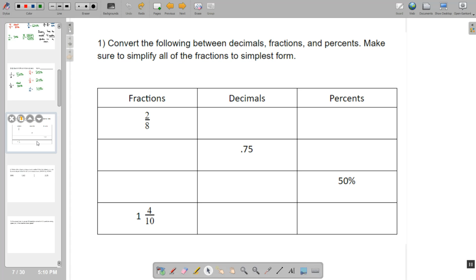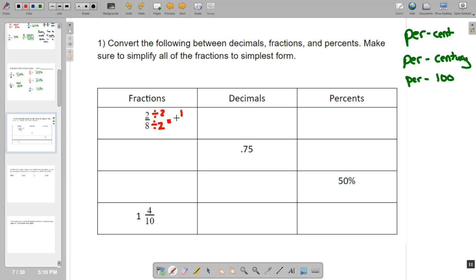Now, we either need to convert between a fraction down to one of the 5 that we have memorized, or we need to remember that percent means per 100. And so we need to turn it into tenths, hundredths, or thousandths so that we can get it to per cent or per 100. For the top fraction, 2/8, the easiest conversion would be down by dividing by 2 into